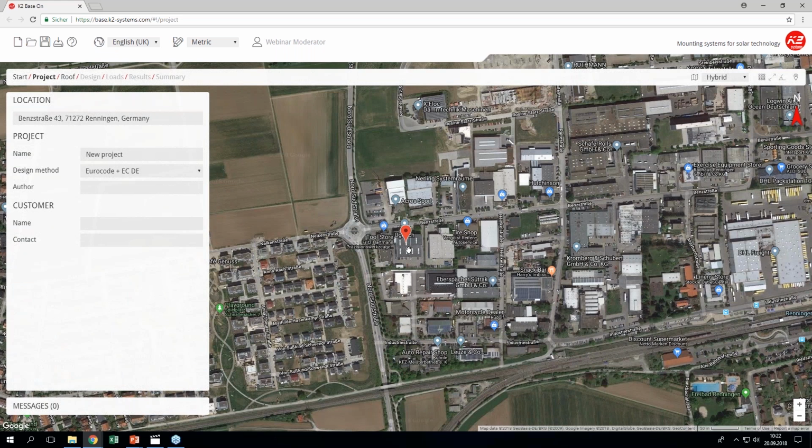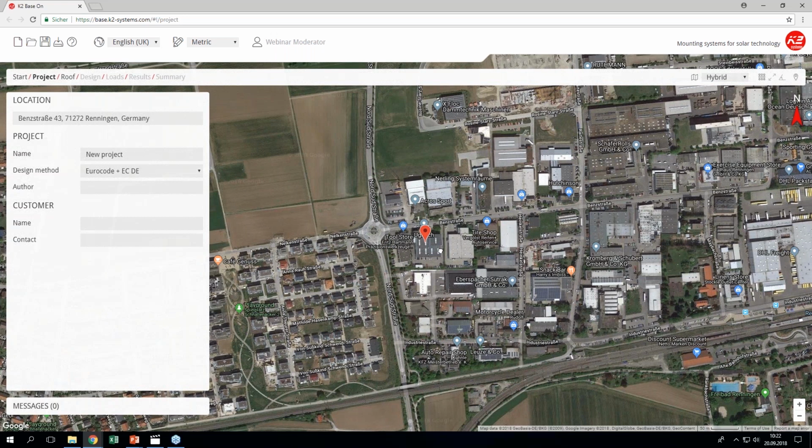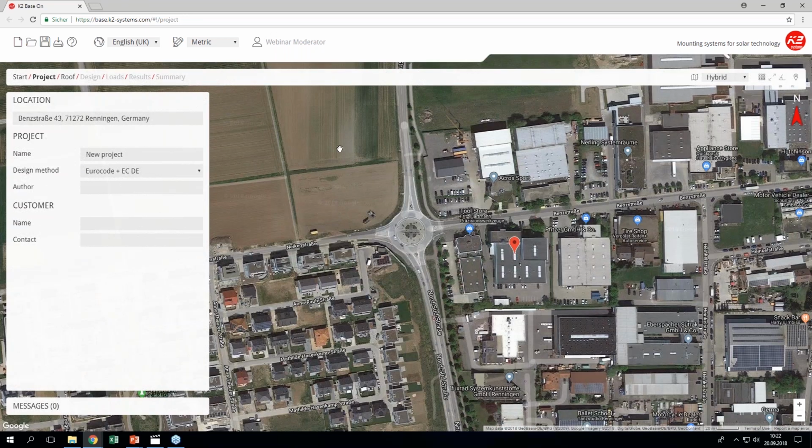By the way, if you don't find your building yet, it's no problem to draw a roof just on a field or into a lake or on a street. Doesn't really matter, because what we do is just calculating the statics and the wind and snow load and calculating the material you need. So this doesn't differ if you build your roof here or there. So let's go on